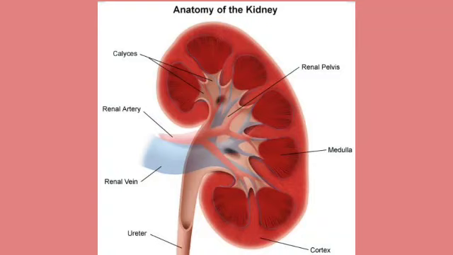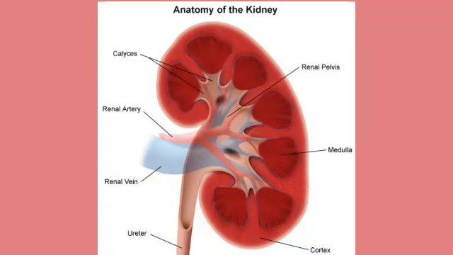Our right kidney is in a slightly lower position than the left kidney. Otherwise, both kidneys are of the same size. Now see what else is there in the kidney. Here we have the renal artery and renal vein. One supplies the impure blood, and the other collects the pure blood. Inside, you will see the renal pelvis, then the medulla and the cortex. In the cortex the purification takes place.